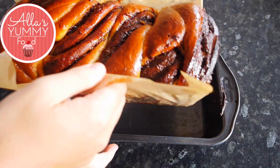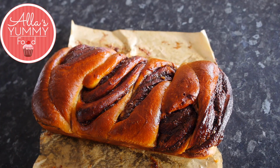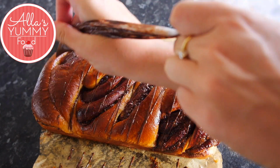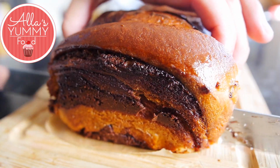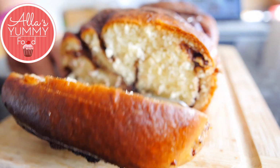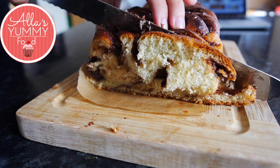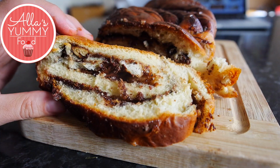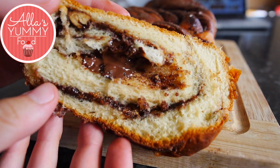Look at that, it's beautiful golden, it's so delicious, and it's going to make the chocolate babka very moist inside as well. I decided to add extra chocolate on top. Feel free to dust it with icing sugar or whatever you want. I wasn't patient enough, so I decided to cut into it to show you how it looks inside. And as you can see, it's so soft, it's very hard to cut because it's still warm. You might want to leave it to cool down completely before you eat it,